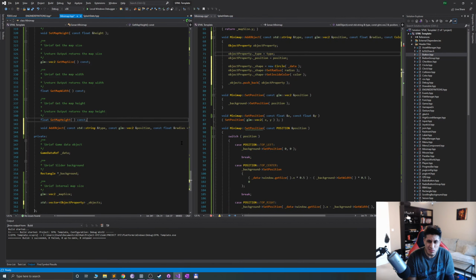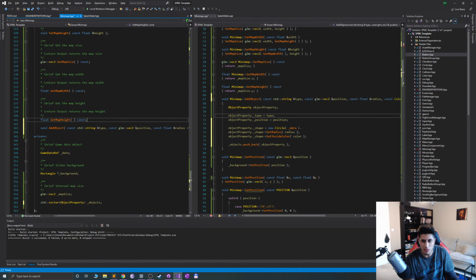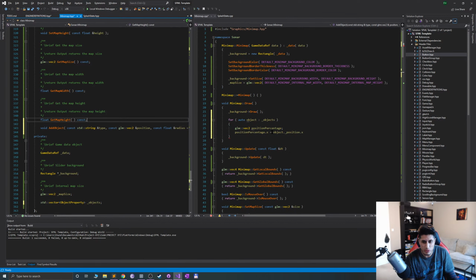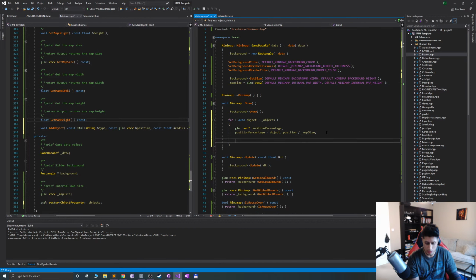Okay, can I just do it a lot easier? Could I just do this equals that divided by underscore map size. Basically, it's a normalized percentage. I think that'll work. Now that we've got the percentage, now we'll just say object dot